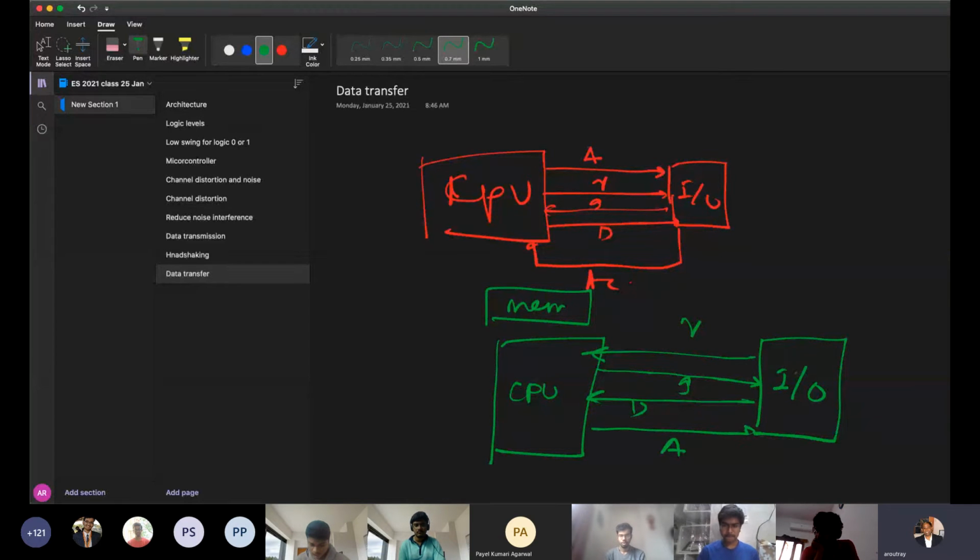Since it doesn't have the capability of addressing, how will it disturb the CPU? This disturbance will come through what? You know it very well. Say I am teaching and somebody really wants to disturb me. So this will come through